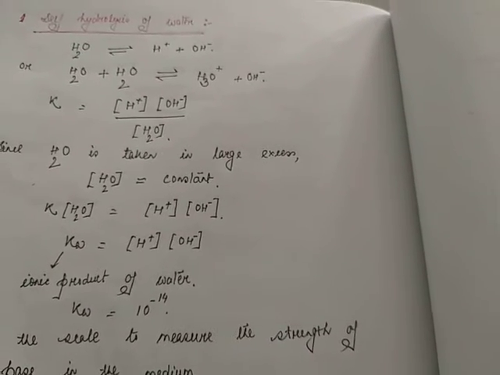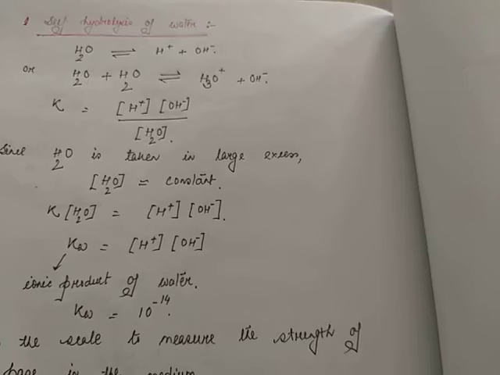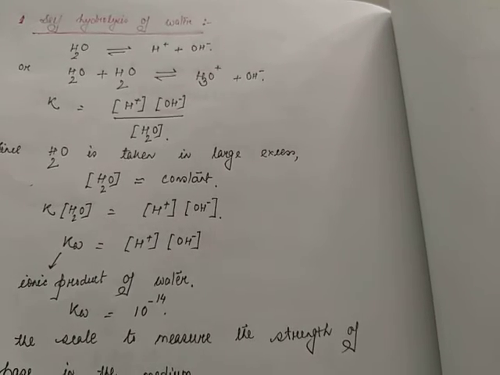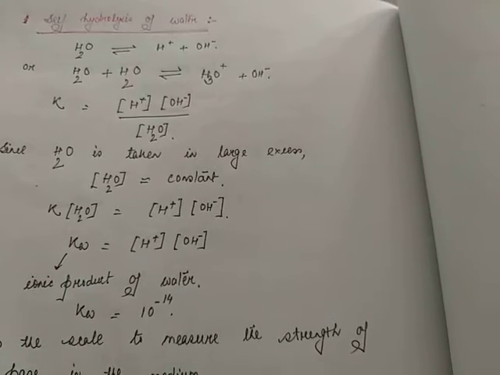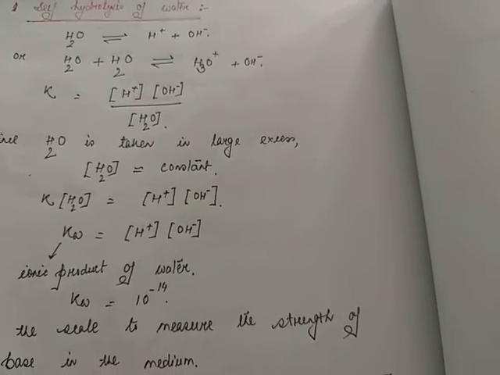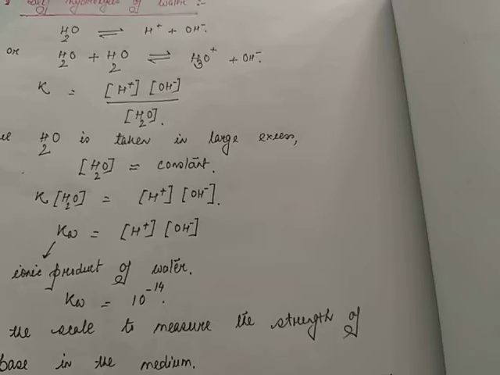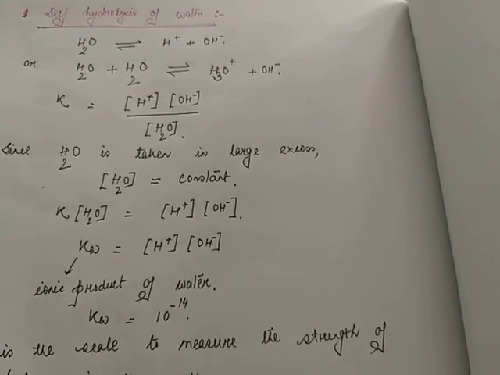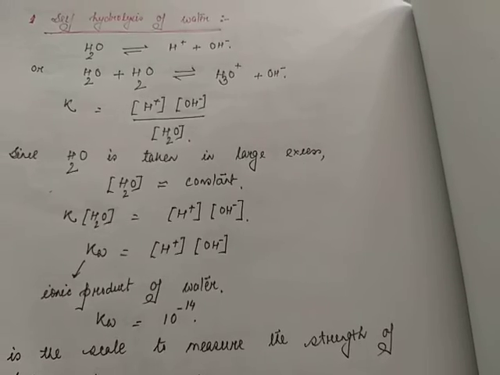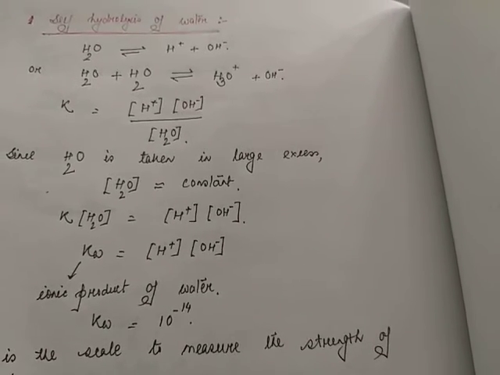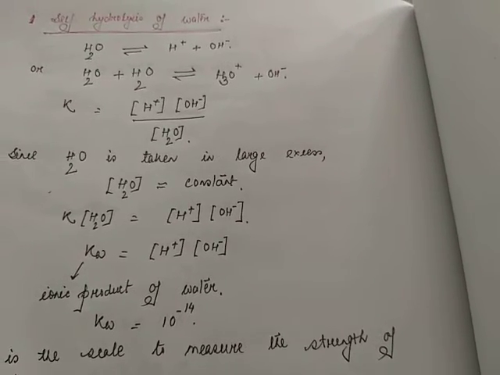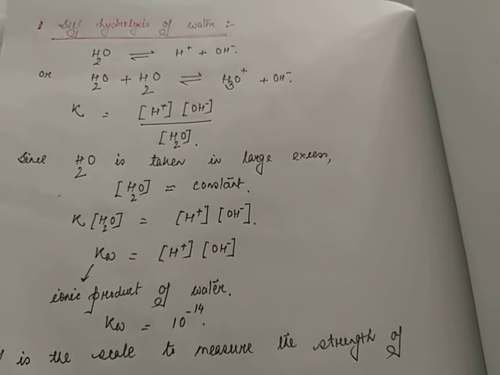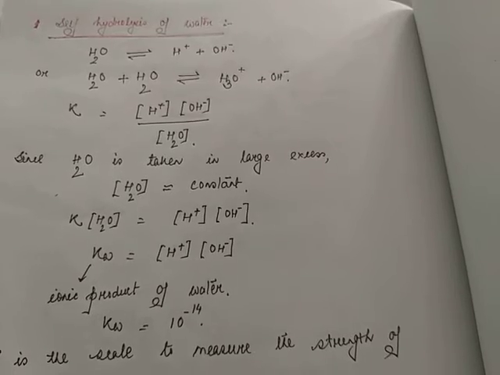When we have the self hydrolysis of water, the acidulated water or alkaline water or water containing traces of electrolyte, it dissociates to H plus and OH minus. It's obvious that pure water is a non-electrolyte, so it will not dissociate unless and until there are traces of electrolyte, either in the form of acid or base or a salt.